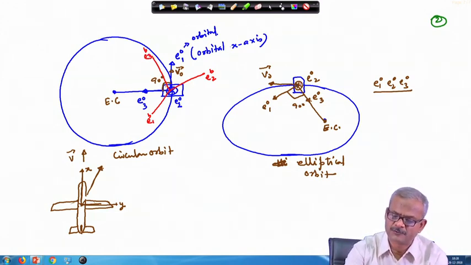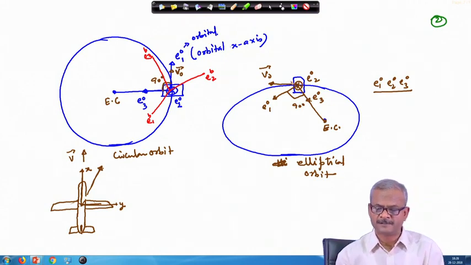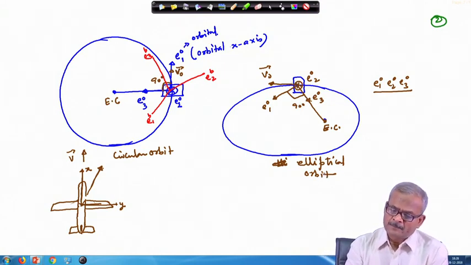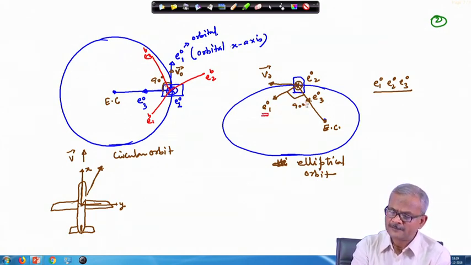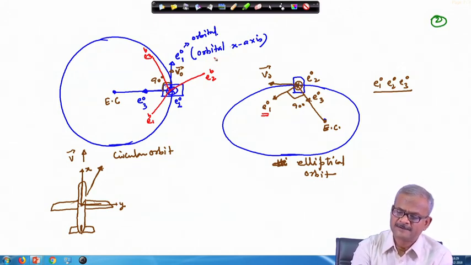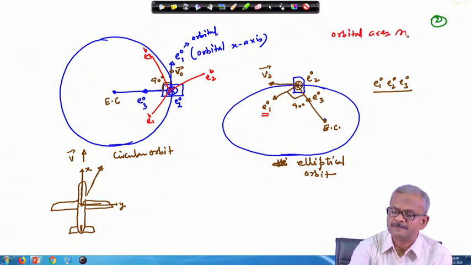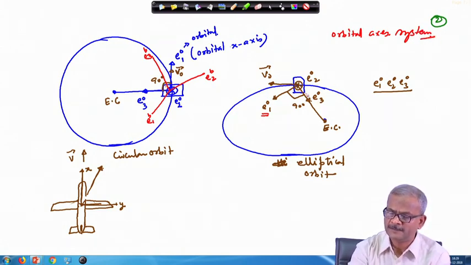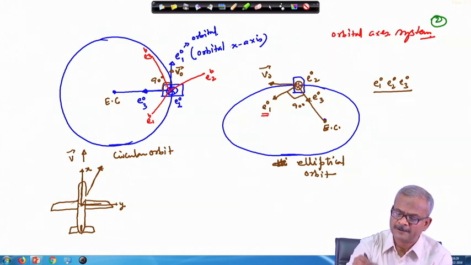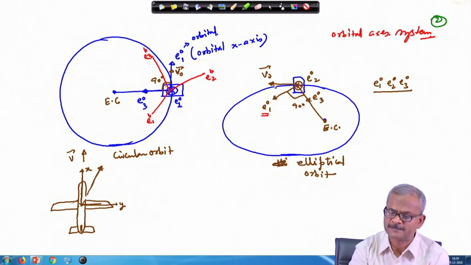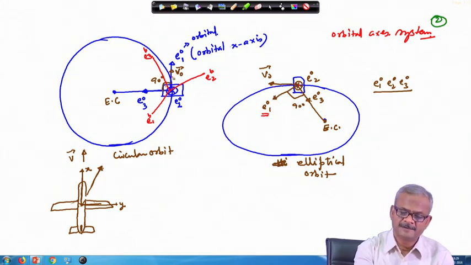Similarly, here in this case I can show it, but I will not make it clumsy. So, remember that your E1 axis will be always shown like this. Here this is the orbital axis system, it is always shown like this. This direction I will show by E3, this direction going vertically down into the page by E2, and E1 along this. So, E1 has the same sense as V0.